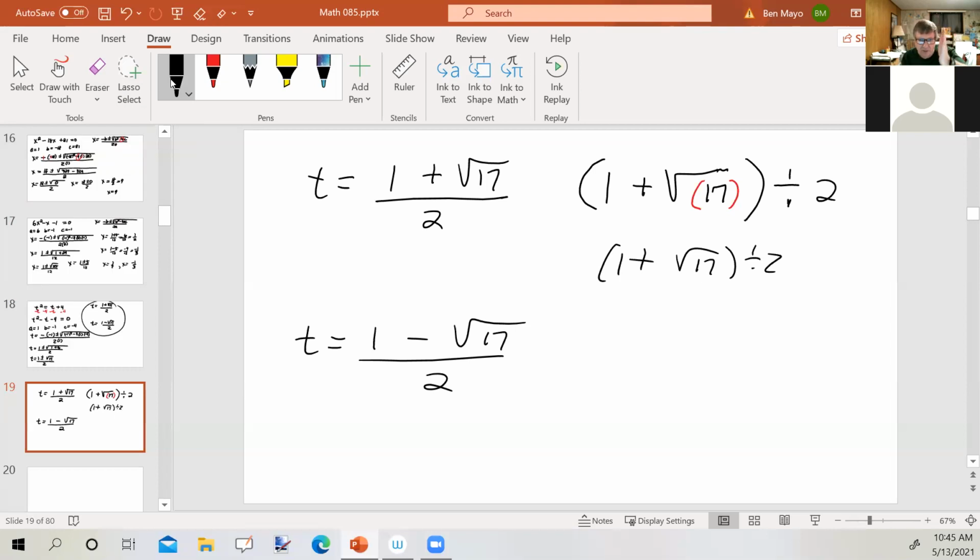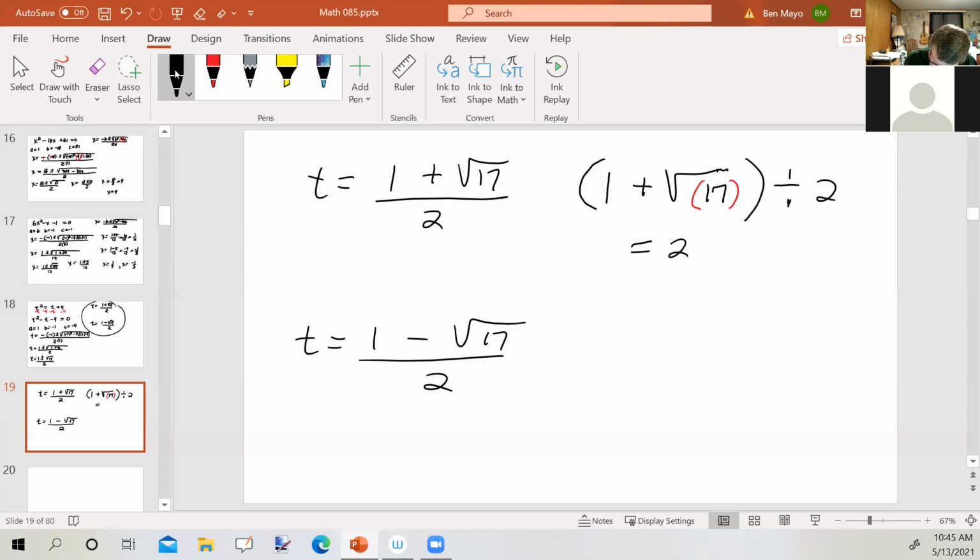But if it does give it a left-hand parenthesis, you need to close it up and then close up the entire numerator as well, okay? So I'm going to take that and put it into my calculator. Parenthesis 1 plus square root of 17, close that up, close up the whole thing divided by 2, and I get